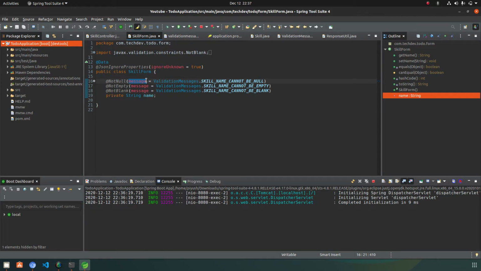Suppose I have a skill name, and that name field should be validated with these three constraints: it should not be null, it should not be empty, and it should not be blank. But the main thing here in this validation is that if you only use not null, meaning only a single constraint on your field, then it is okay, you do not need to do the grouping of